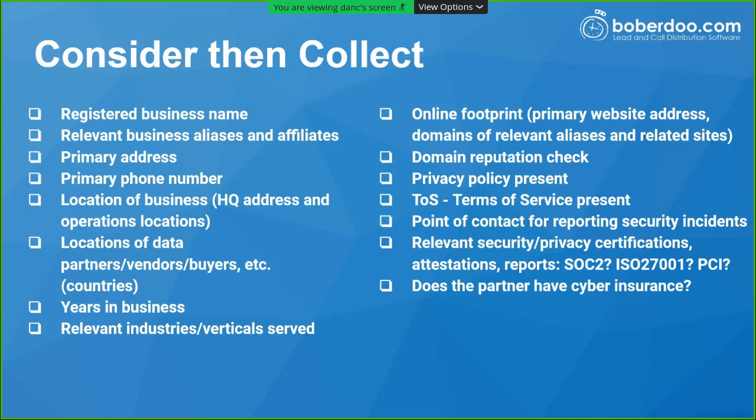A word of caution on collecting this type of information is that you don't want to burden your customers with gathering this information. A lot of it you will learn when you're contracting with a customer and you are doing onboarding. But you've got to keep track of it, right? So you've got to put it in your CRM, or make sure you have customer profiles available that can keep track of this information for you. Other things like determining if they have a privacy policy or acceptable terms of service, you might want to take that into your own hands, not burden your client with